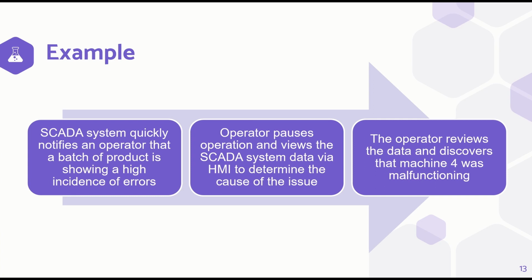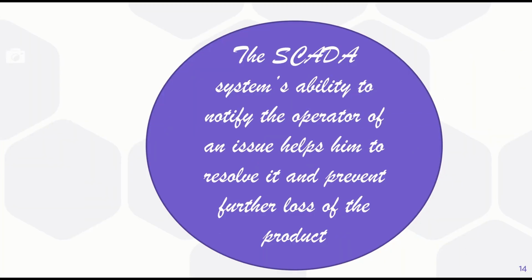So the SCADA system quickly notifies an operator that a batch of a product is showing a high incidence of errors. So if there are any fluctuations or errors in the controlling system, then it will show quickly to the operator. Next comes the operator pauses the operation and views the SCADA system data via HMI to determine the cause of the issue. So after that, the operator reviews the data and discovers that machine 4 was malfunctioning. So the SCADA system's ability to notify the operator of an issue helps him to resolve it and prevent further